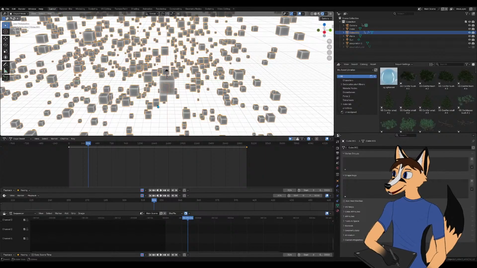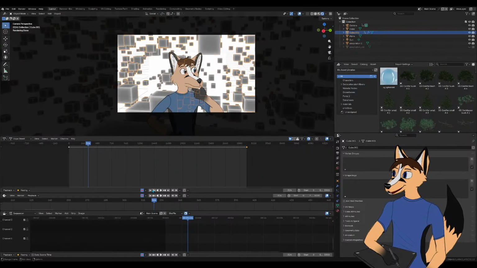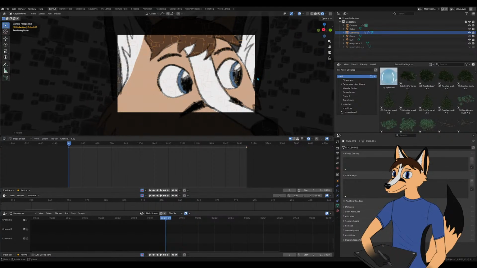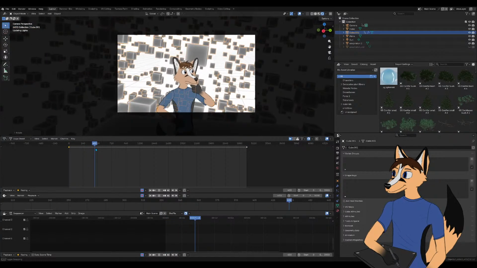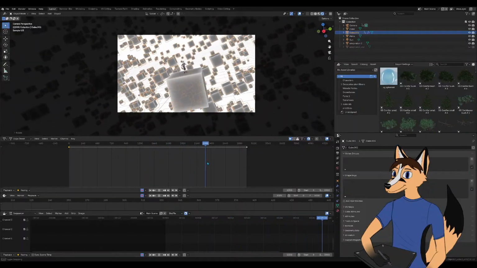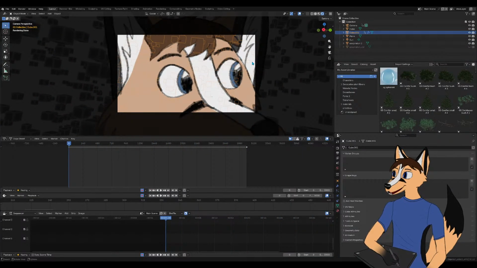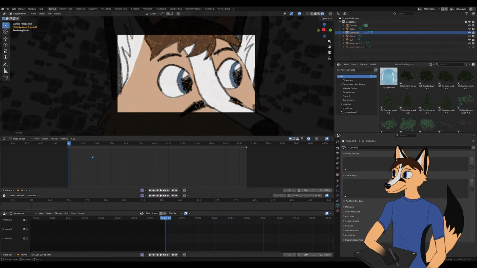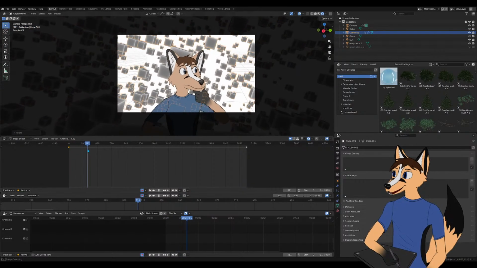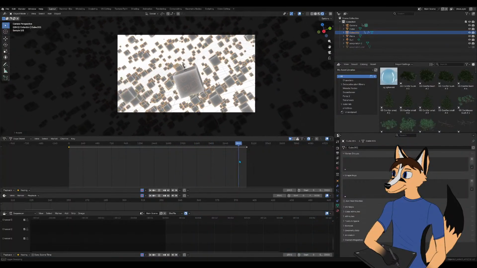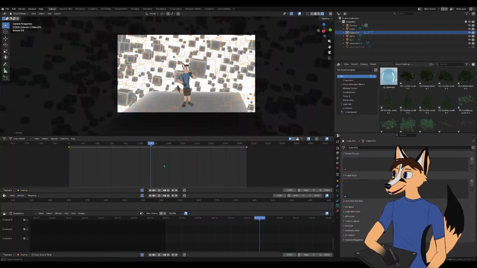Now, one other change I am wanting to make is that the cubes should start at a slight angle, so they start off already tilted the opposite direction, and they kind of do this.